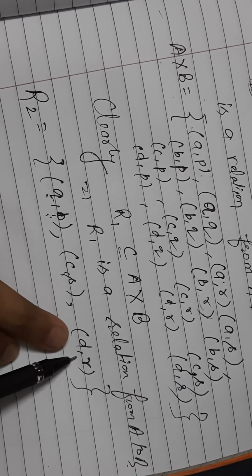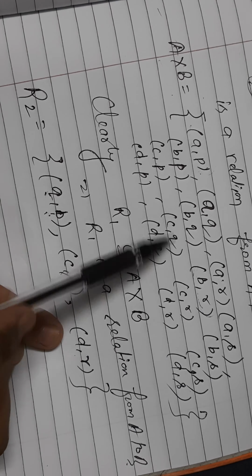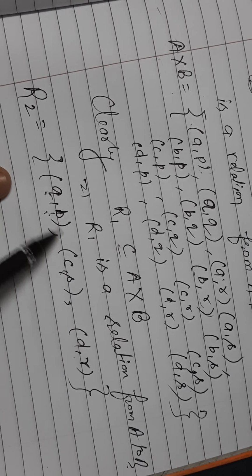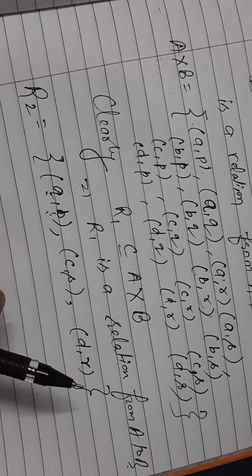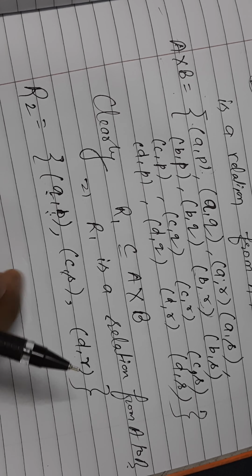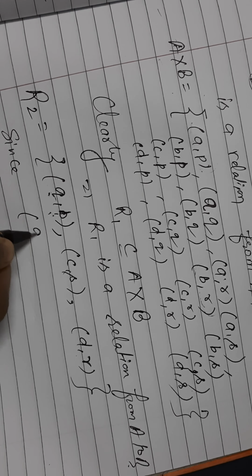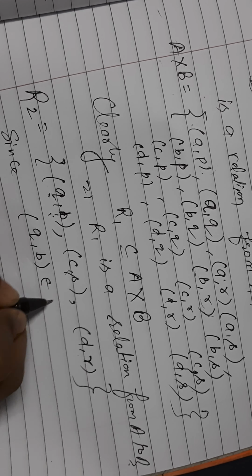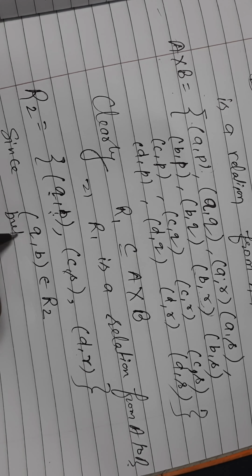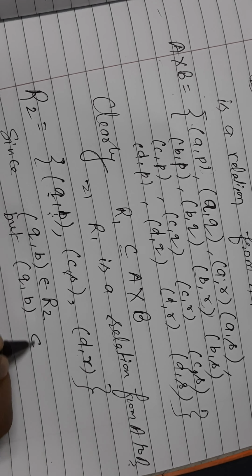(c, s) is here. (d, r) is also here, but (q, b) is not an element of A cross B. So we will write, since (q, b) belongs to R2 but (q, b) does not belong to